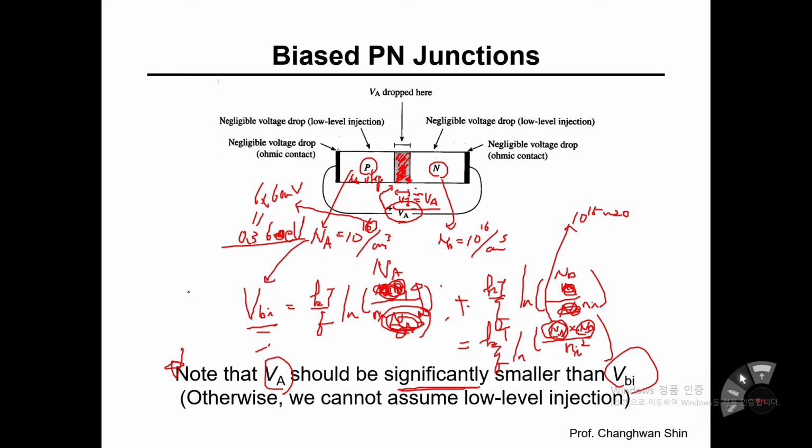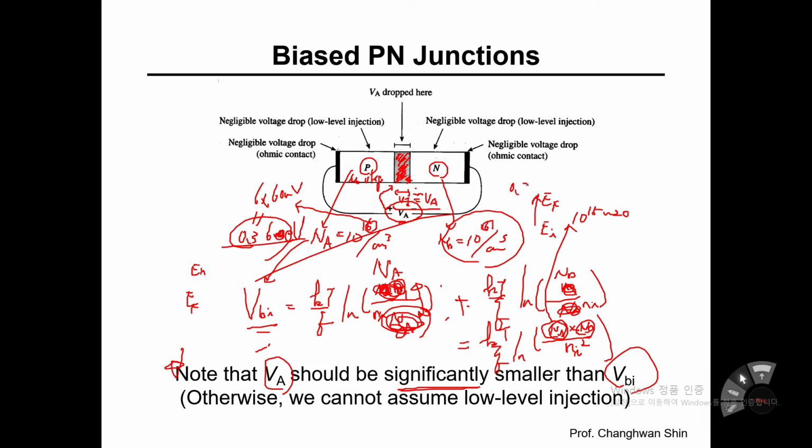So the Fermi energy level of the p side is away from the intrinsic Fermi energy level by 0.36. And similarly, the n side Fermi energy level is away from the intrinsic Fermi energy level by